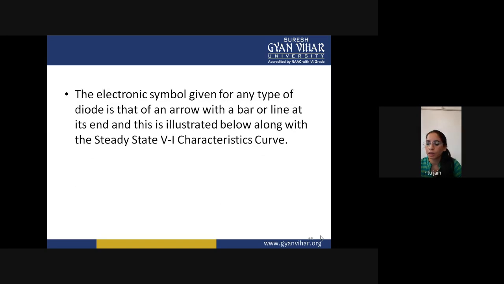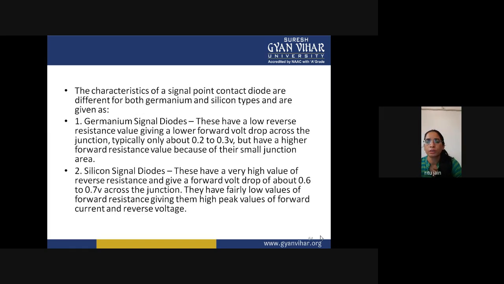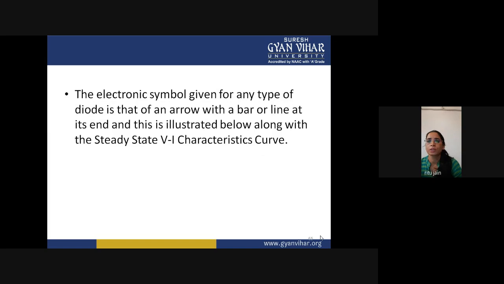So you can say that the forward voltage drop for germanium is 0.2 to 0.3 volt, and the forward voltage drop for a silicon diode is 0.6 to 0.7 volt. These are the basic differences between germanium and silicon, and sometimes objective questions are asked based on this forward biasing voltage, and there may be some numerical problems also based on germanium and silicon diodes. So next we come to the VI characteristic of a diode.